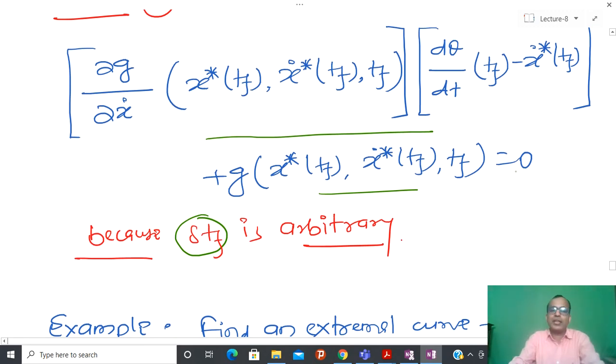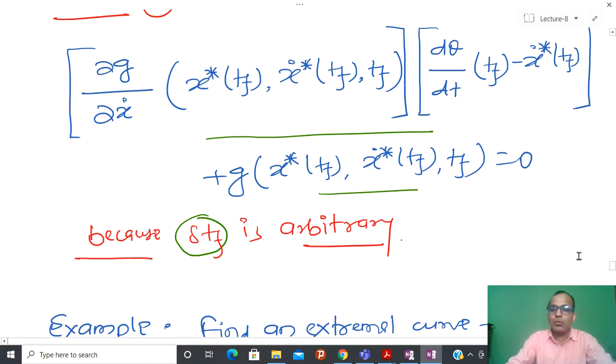So what is the conclusion? In every case, whichever type you take, type 1, type 2, type 3, type 4, everywhere you have to solve the Euler-Lagrange equation, and apart from that, you have to solve some kind of partial differential equation in type 2, type 3 or type 4, and based on the specification of the boundary condition, the specification in time and in the state, you have to solve a different partial differential equation.